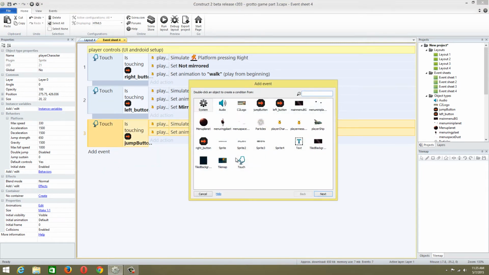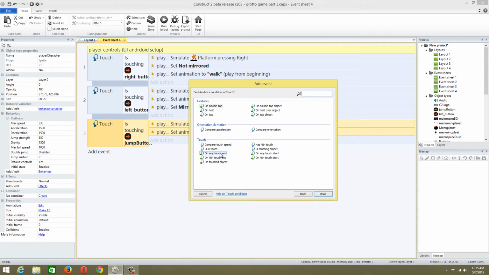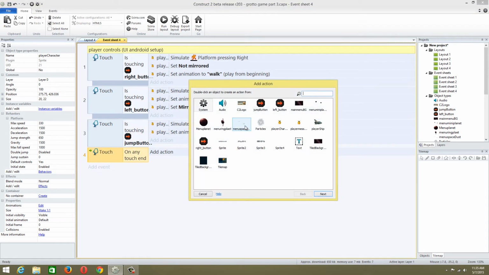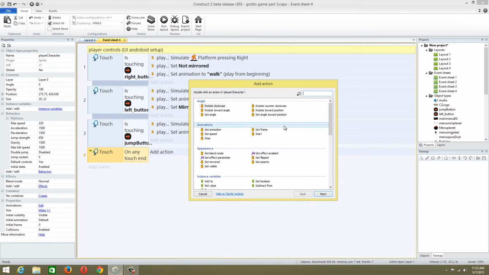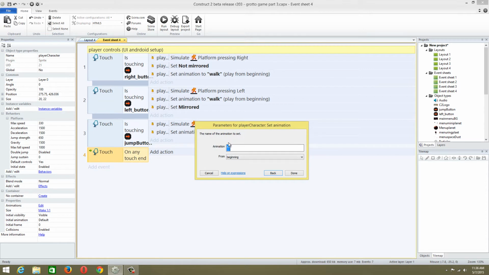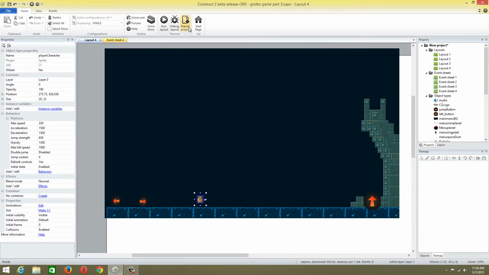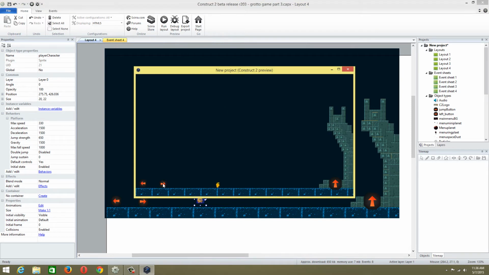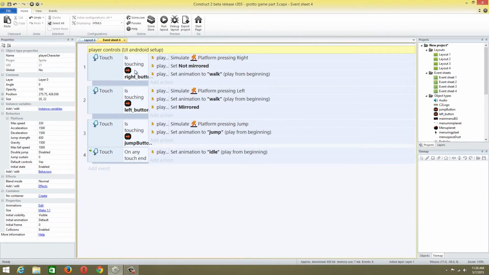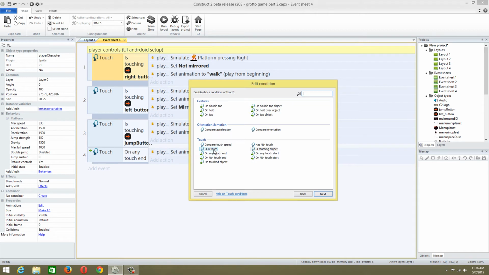Okay, so I think at this point I'm just going to do a standard on any touch end, add. Let's say the player character, set animation, idle. Done. Is touching, we'll change that to, let's see,